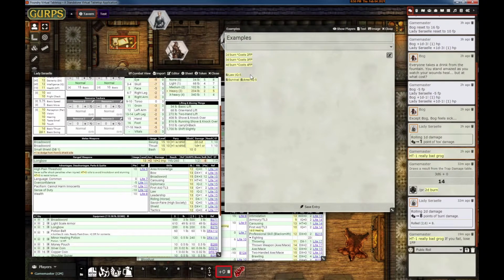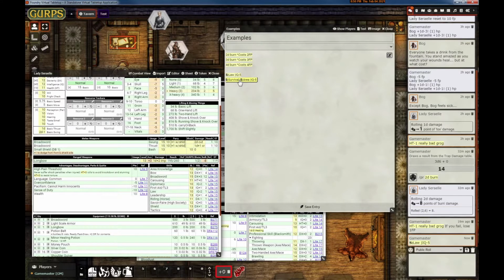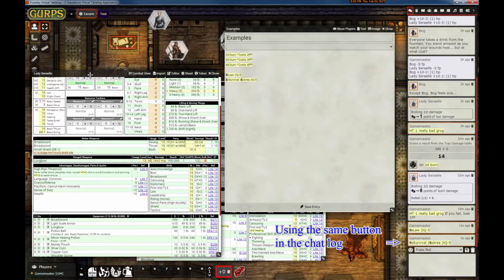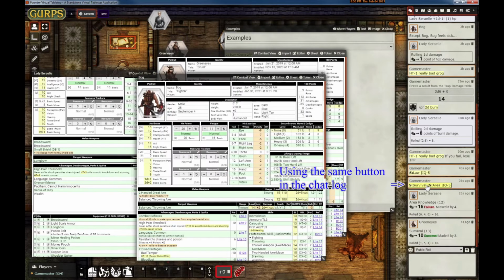So the GM will use the GM send feature to send this to the chat. We'll send both of these to the chat, and now we'll roll them. Lady Serial didn't have Survival, but she had Area Knowledge. Green Eyes had Survival, and Bog